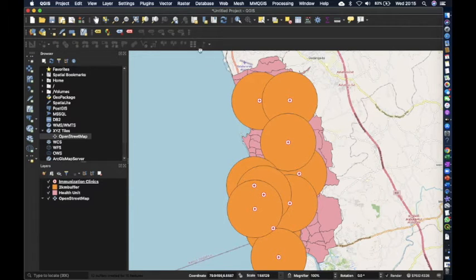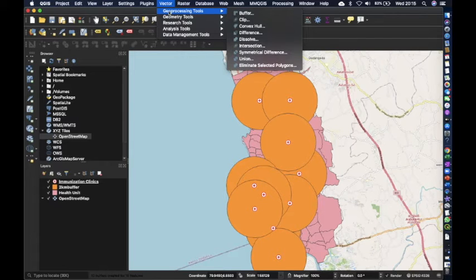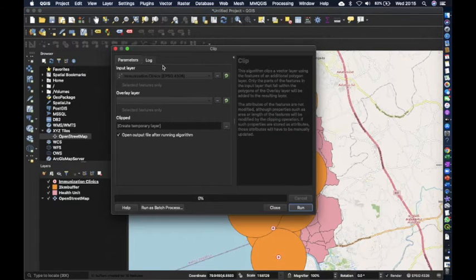For that purpose, we go to the vector, geoprocessing tools. Under the geoprocessing tools, we have another feature called clip. Once we have the clip option, we have this box.